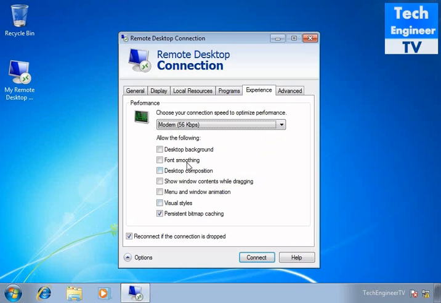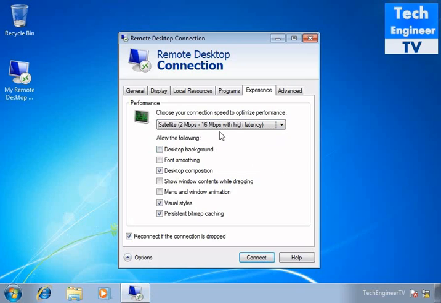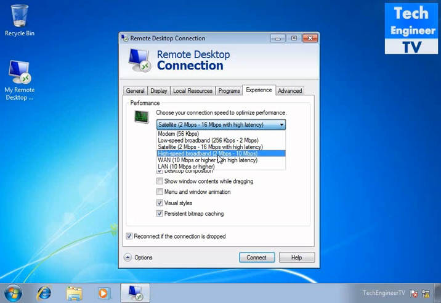Then these options are unchecked because they consume a lot of data. If you have a broadband connection in your office or group, it consumes data also, and if more and more users try to access, then remote desktop won't be able to make a connection because of low internet speed. You can select, for example, low speed broadband or satellite. If you have a satellite connection, 2 Mbps to 16 Mbps, high speed broadband,